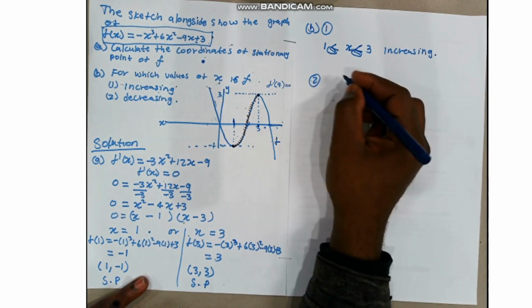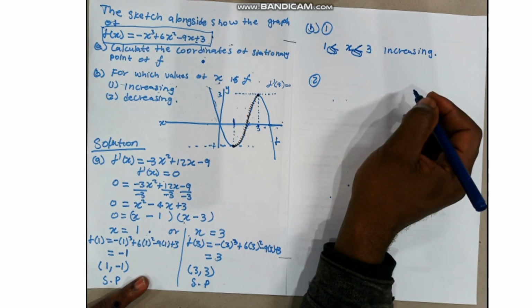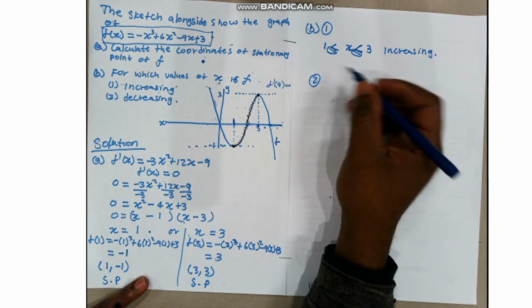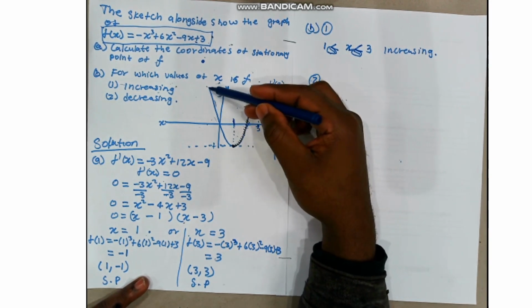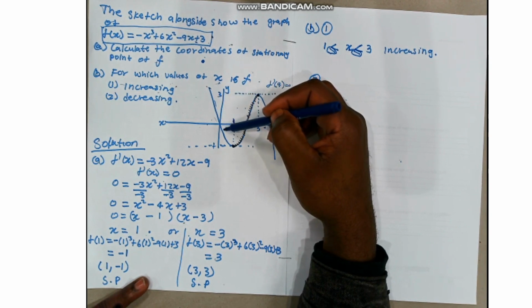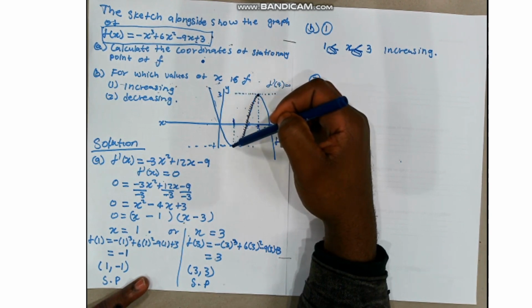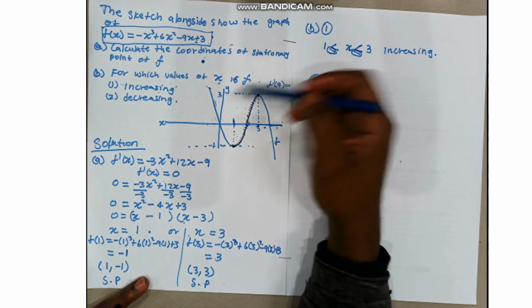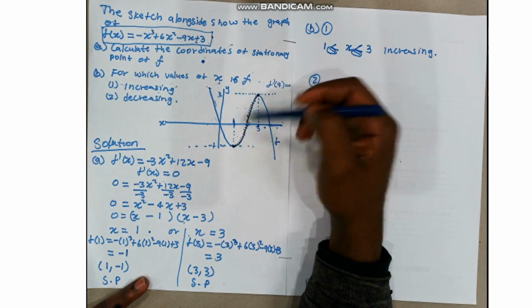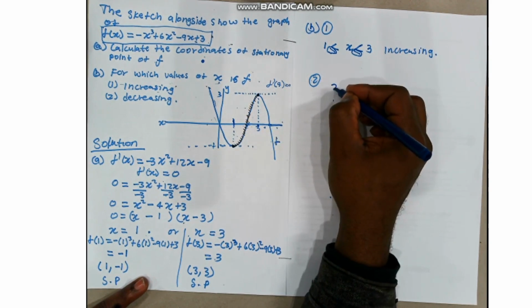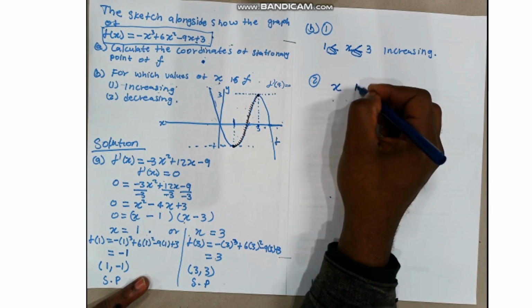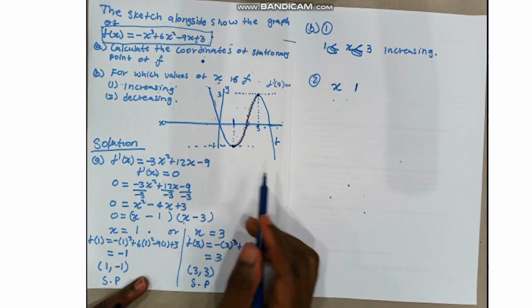Number 2, where it's decreasing. Where does it decrease now? From here, coming here, coming here, until this point. Coming here, coming here, until this x. So our values of x, with 1. So now my question is,